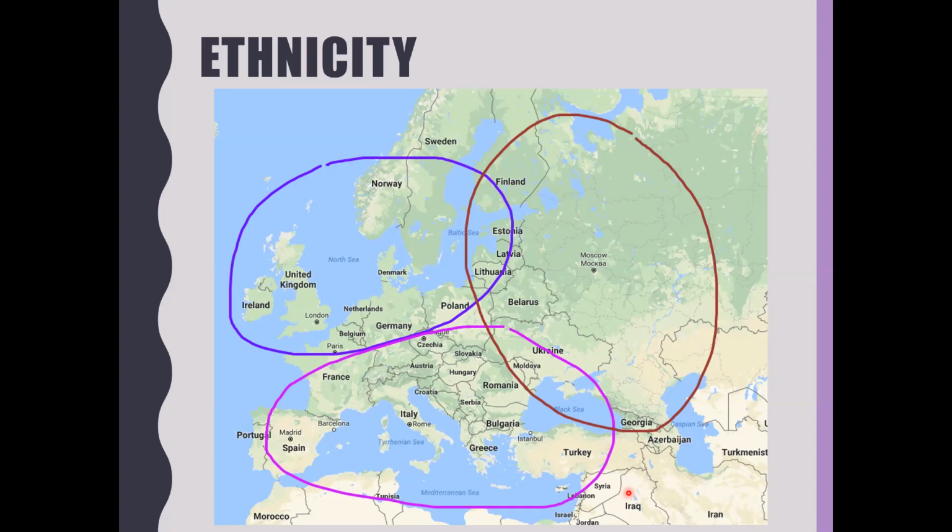Within Europe, you see these 3 big circles on this map? They've pretty much figured out Eastern European DNA indicators from Southern European, from Northwestern European. But within each of these circles,